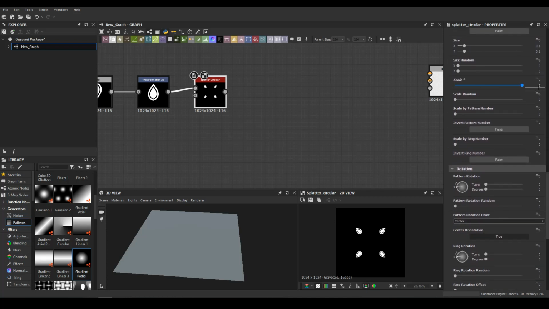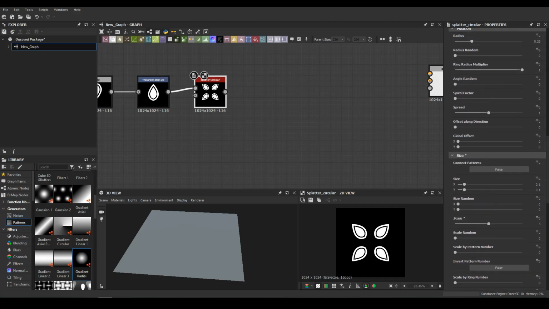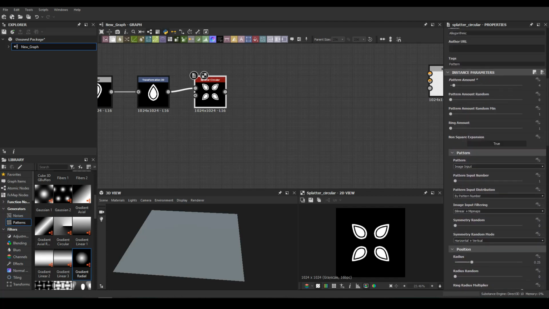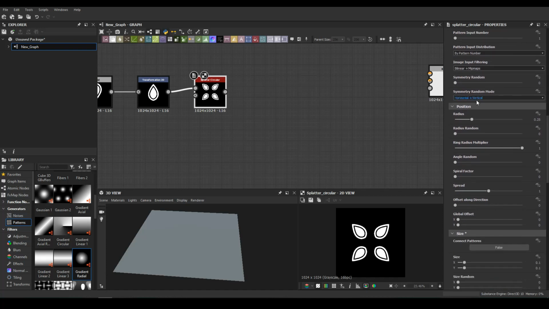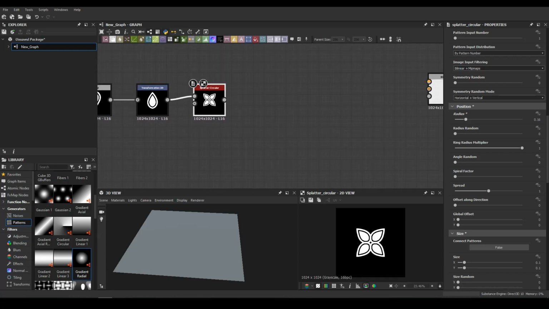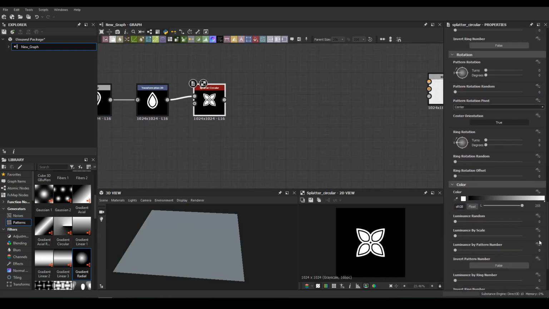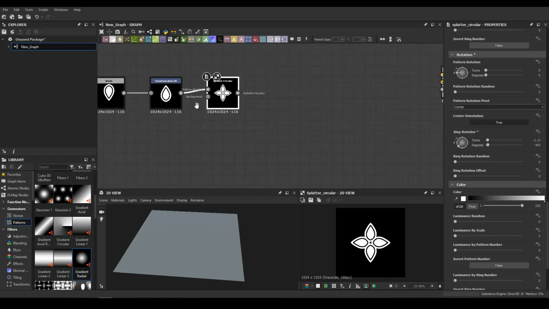Okay, let me increase to a high number and let's go here with the radius and decrease a little bit and connect all the shapes. With the ring rotation, I can rotate my pattern. I want in this direction